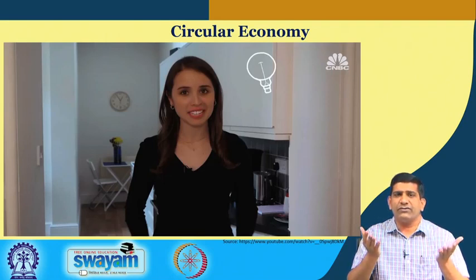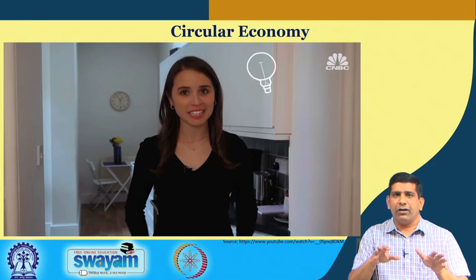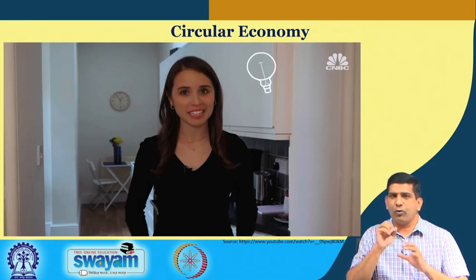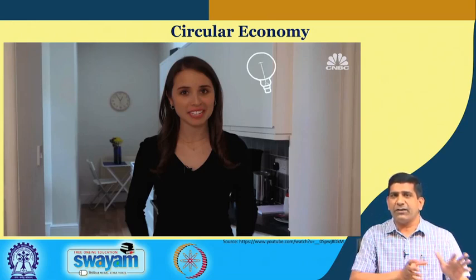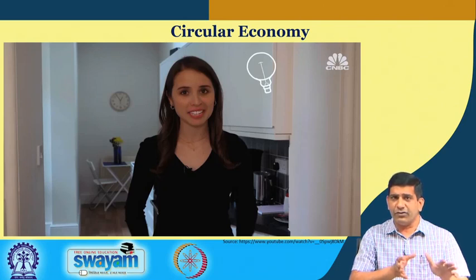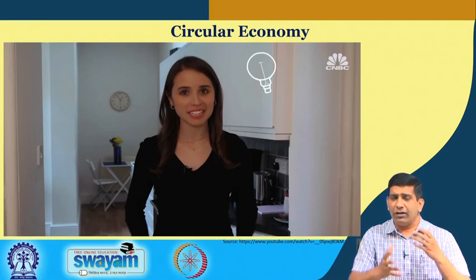For example, in your house you have a refrigerator from Samsung or LG. So LG or Samsung is owning the refrigerator, they have leased it to us, and they are maintaining it. So rather than buying the product, you are taking the product on lease, on rent, you can say, and you are using it, and then when it's done, it goes back to the same company. So the company owns it. We are just paying the money for the lease amount for that. So that way the company has that extended producer responsibility, and the whole business